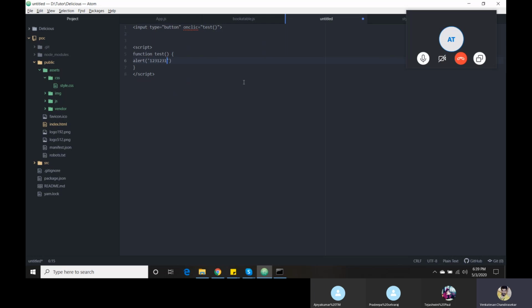This is common HTML and this is JavaScript.